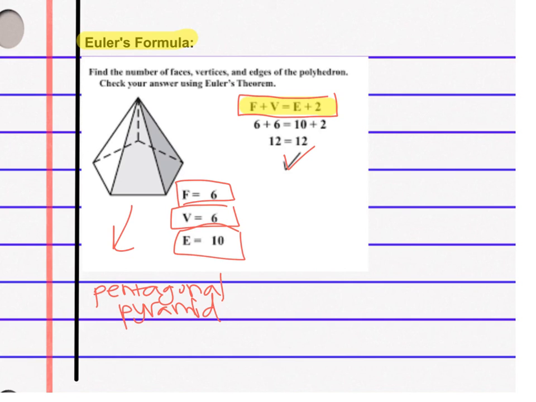Because this is not an example. This is just sort of a vocabulary, showing you how Euler's formula